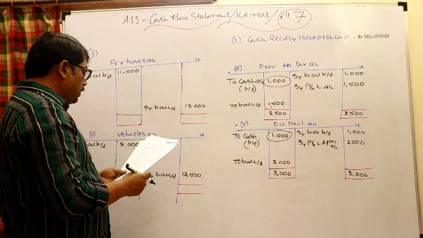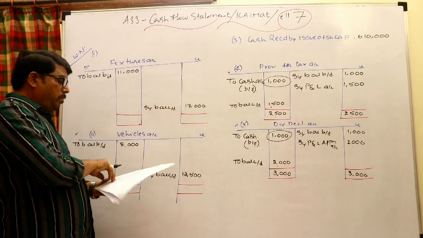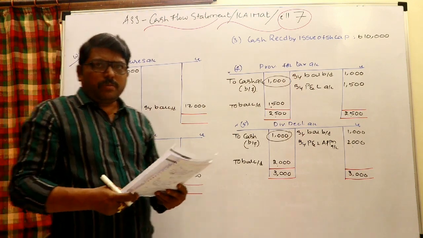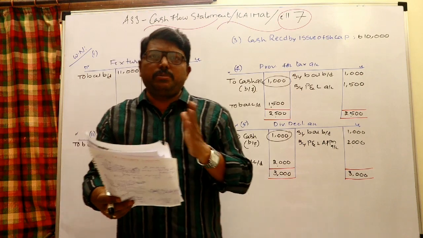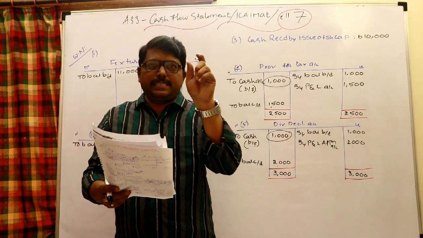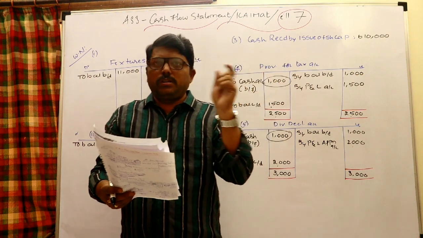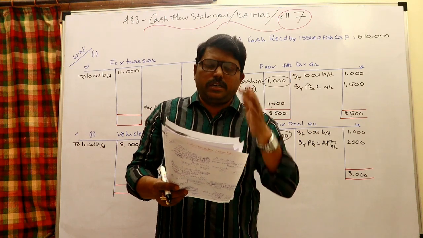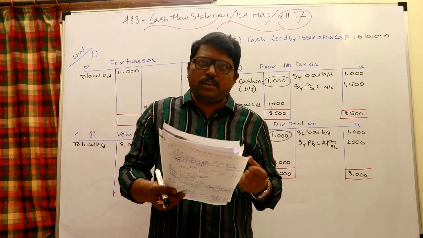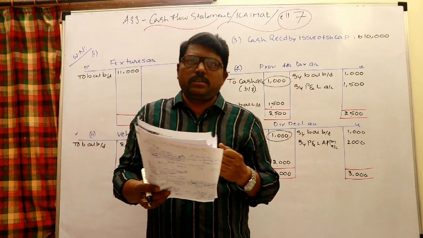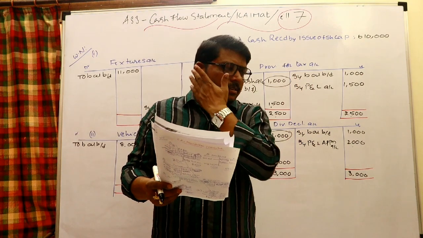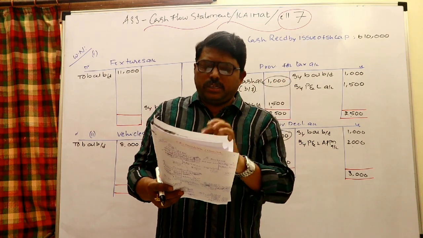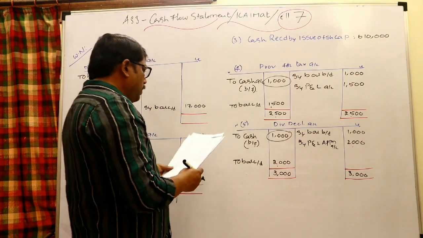Okay, and come back to the assets account, and asset particulars are provided like this. A very important thing here: the provision method is not followed. When you follow the provision method, the entry is depreciation to provision for depreciation, the asset is maintained at historical cost, and all the accumulated depreciation is deducted, and the net asset is shown in the balance sheet. But here it is not like that. Directly the assets are shown at the written down value, which indicates that they are following the normal depreciation method. That means they are writing the depreciation entry like depreciation to asset, that's all. So assets are maintained at written down value for depreciation.